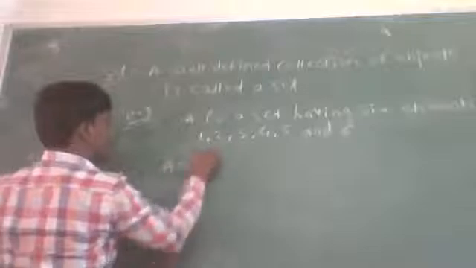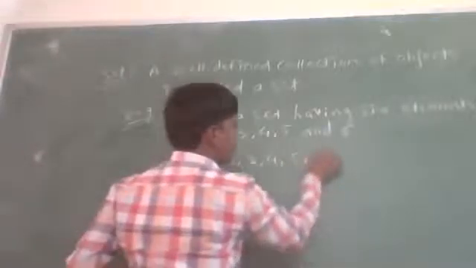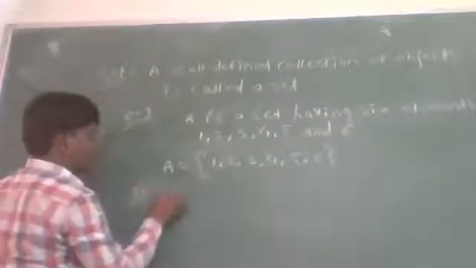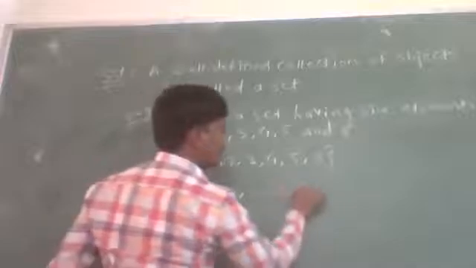Then A is nothing but 1, 2, 3, 4, 5, and 6, or we can denote it by A equal to 1, 2, up to 6, or also we can denote it